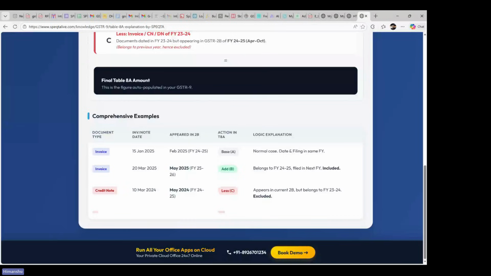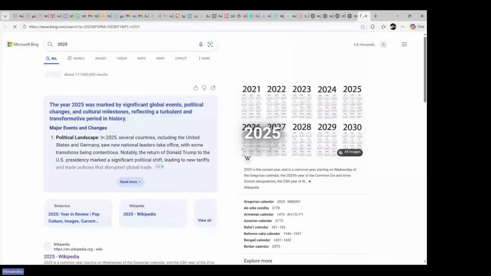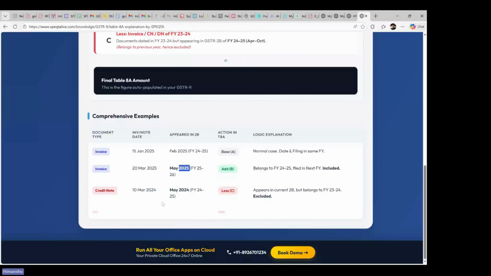लेकिन यहाँ पे देखेंगे अगर 20 मार्च 25 की इनवॉइस है, लेकिन ये मई 25 के 2B में चली गई है, तो ये हमको क्या करना होगा, 8A की कैलकुलेशन में ऐड किया गया है। और अगर कोई क्रेडिट नोट है 10 मार्च 24 कहने की प्रीवियस फाइनेंशियल ईयर का है, जो कि मई 24 में आ रहा है, दैट यू नीड टू exclude or we need to minus it. So by this exercise we can just simply understand the table 8A working, how values are in